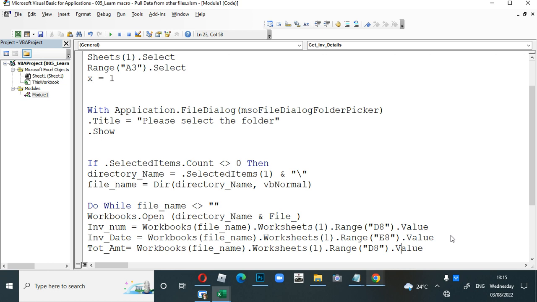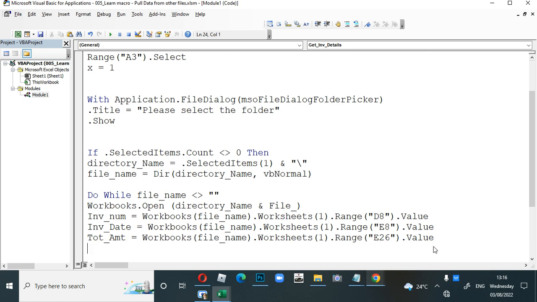So we'll just change this to E26. The last one is GST, and GST is in E23. So you picked all the four values,